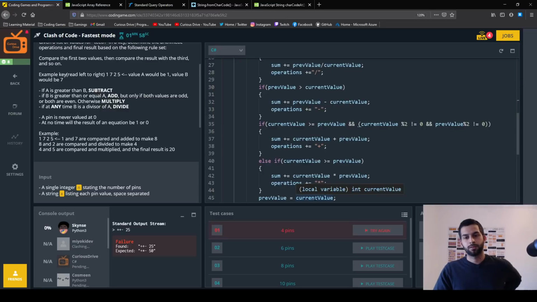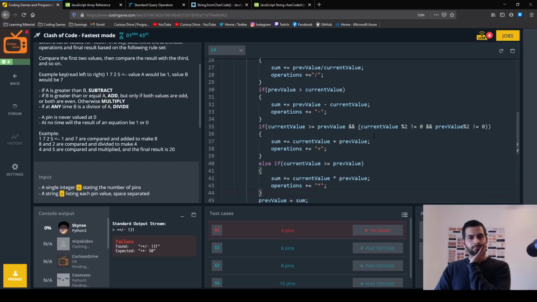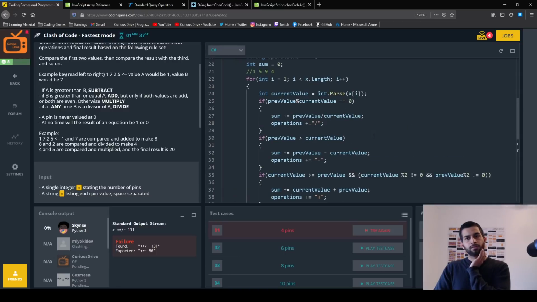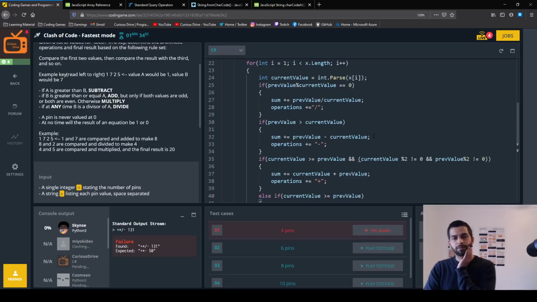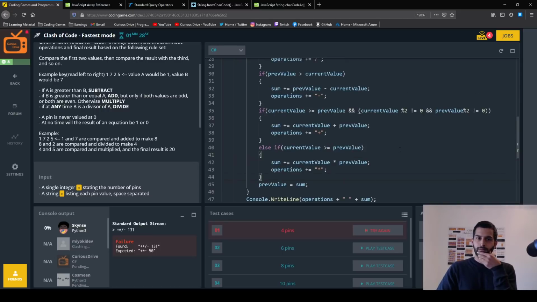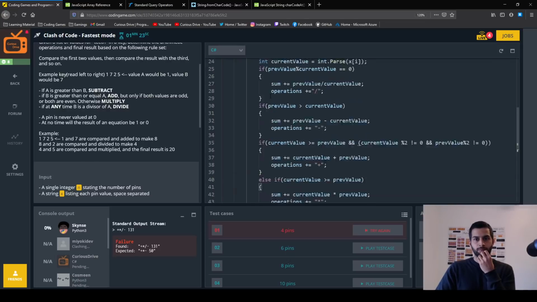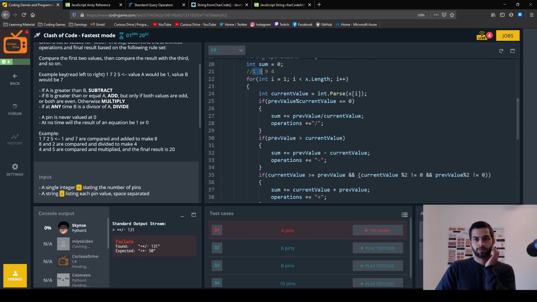going to be, yeah, this is where the mistake is. Previous value should be sum, not the current value. So next time if I go check, if I add these two numbers together, okay, so this is going to be plus, so it's going to add these two numbers together, which is going to make it 6. So previous value will be 6, and then we will check if